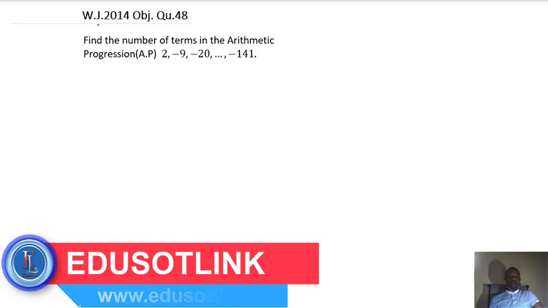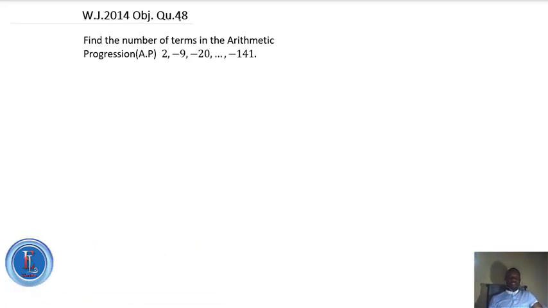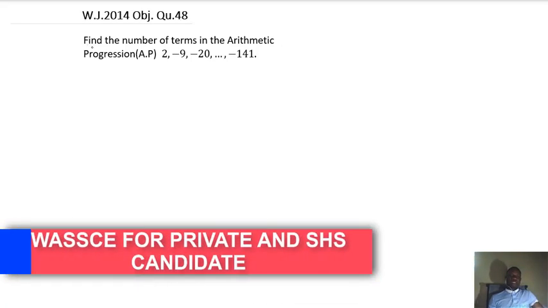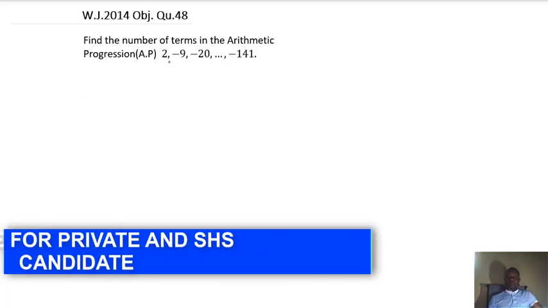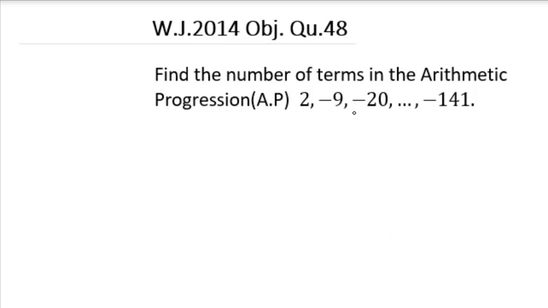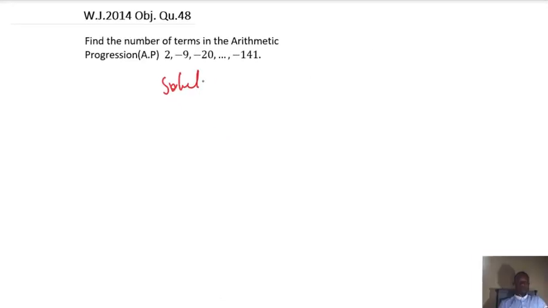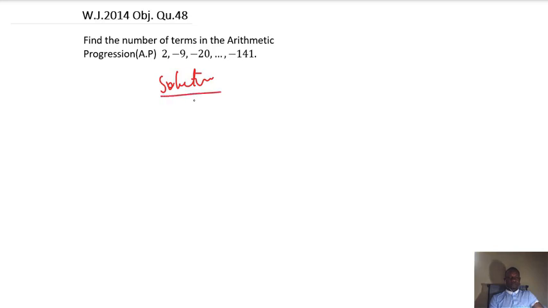Today we are going to do WASSCE June 2014 objective question number 48. And this is the question: find the number of terms in the arithmetic progression AP 2, -9, -20, up to -141. Solution: